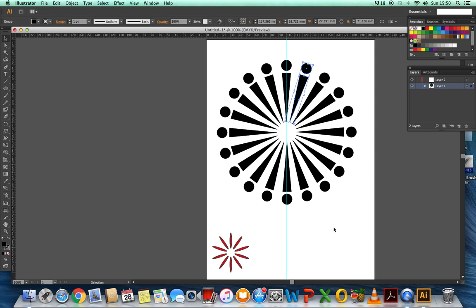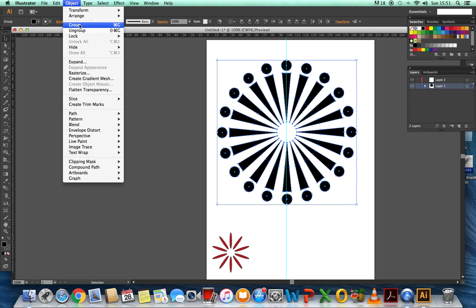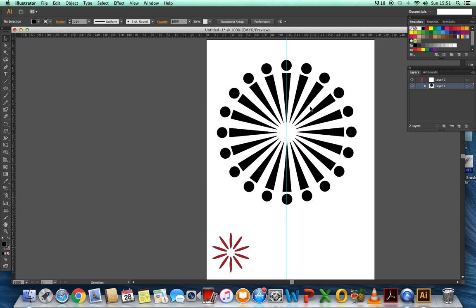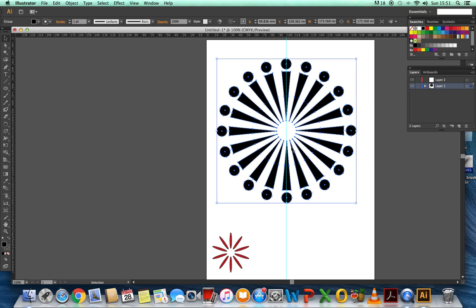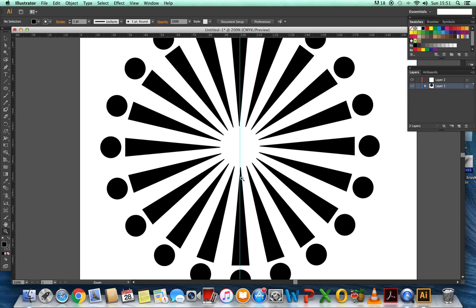Now, what we've got is, if I group this together, so we don't want these to be separate elements, we're going to go there and group them. So now this is one object. What I'm looking at really is how closely that center point of the triangle is, you see it's running through. So I think what we need to do is